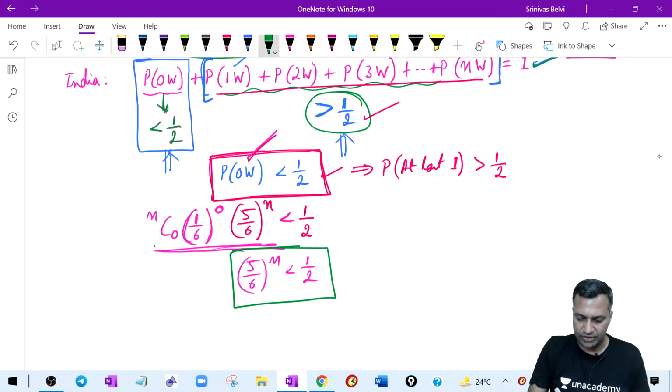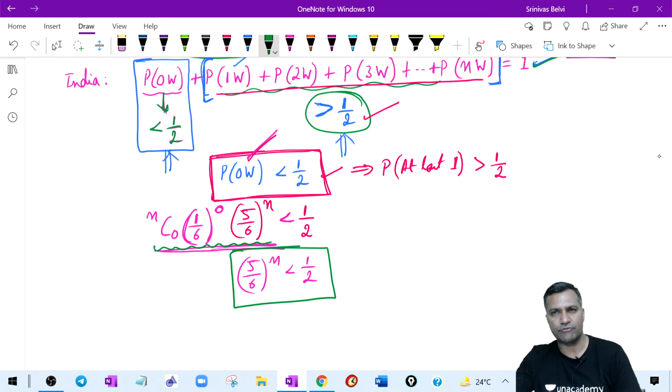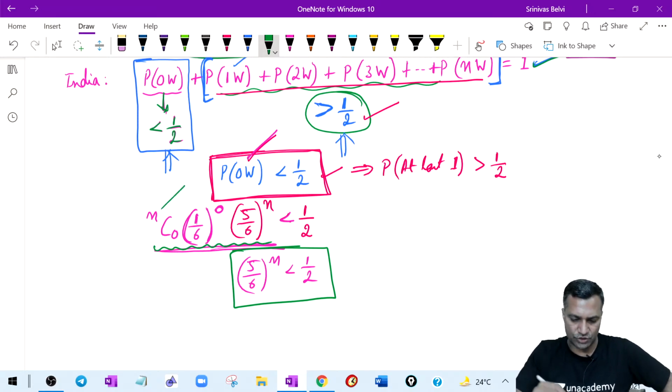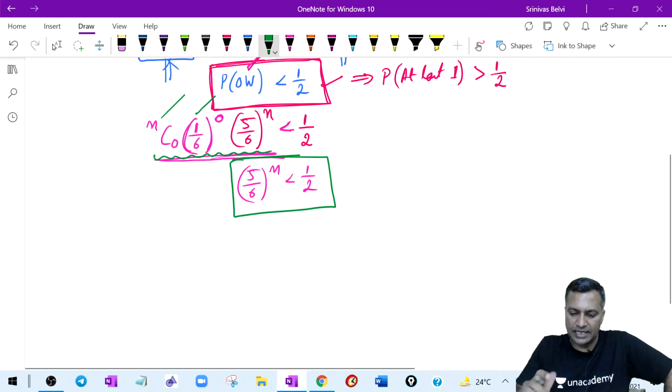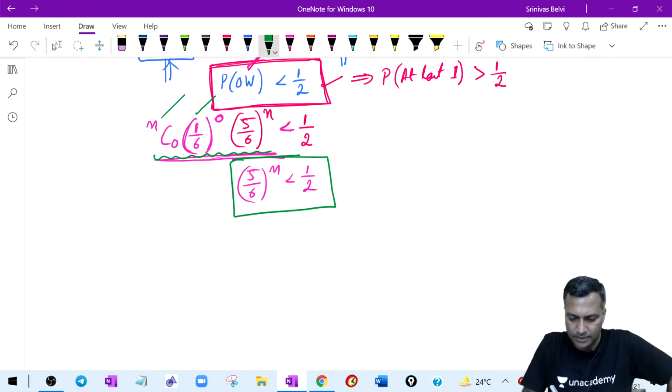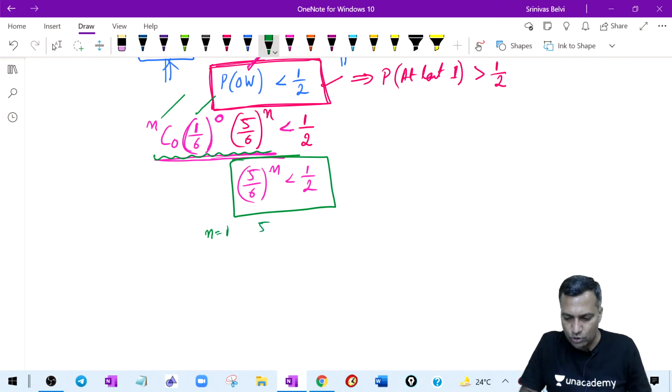I just told you that if it is a complete binomial distribution, this is how it looks. But some things you don't have to write in the exam, because this value is 1, this value is 1. So the value of 1s, you kind of ignore it in your mind, you don't have to present it on the paper. Then keep plugging the values. Let n be equal to 1, n equal to 2. If n is equal to 1, it is 5 by 6. In the exam, this is what runs in your mind. Is 5 by 6 less than 1 by 2?